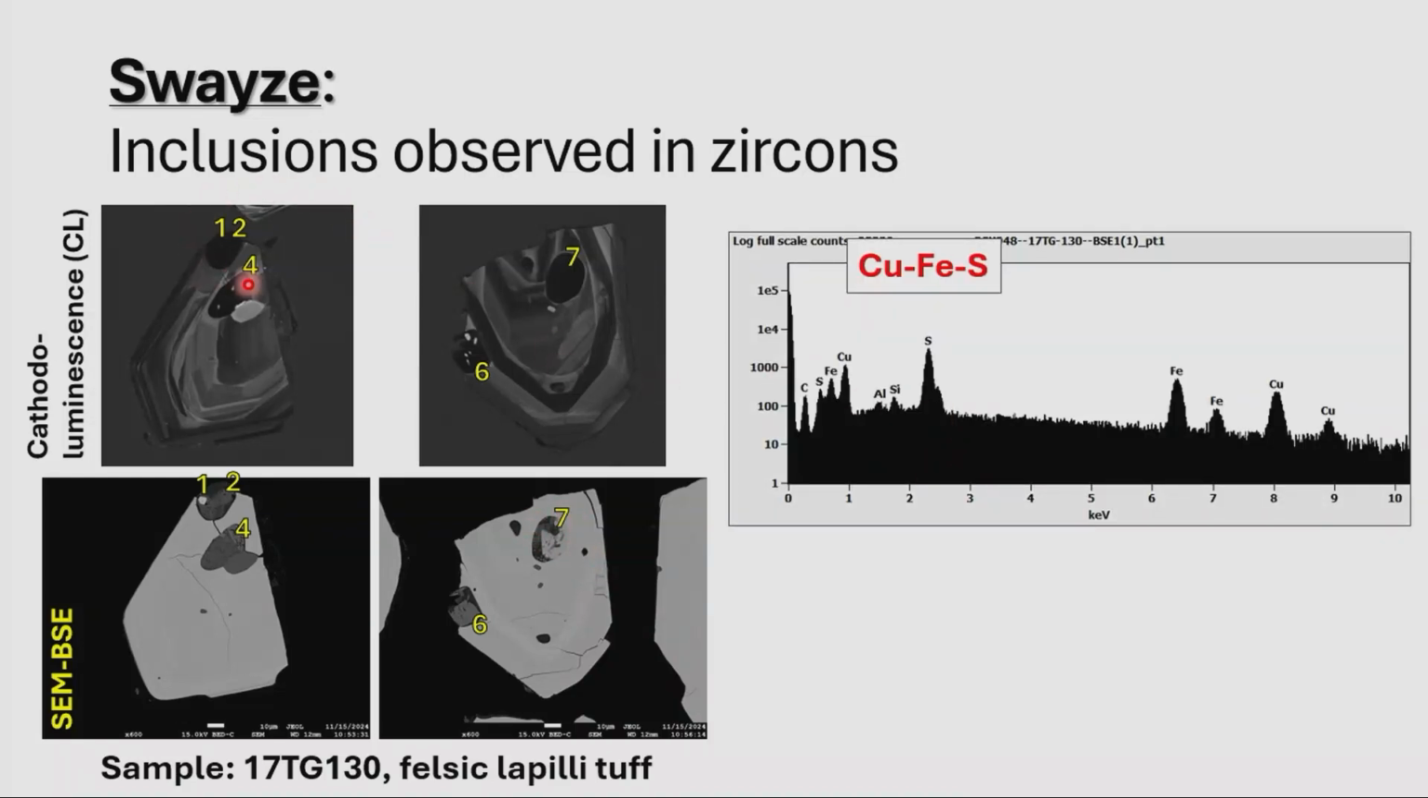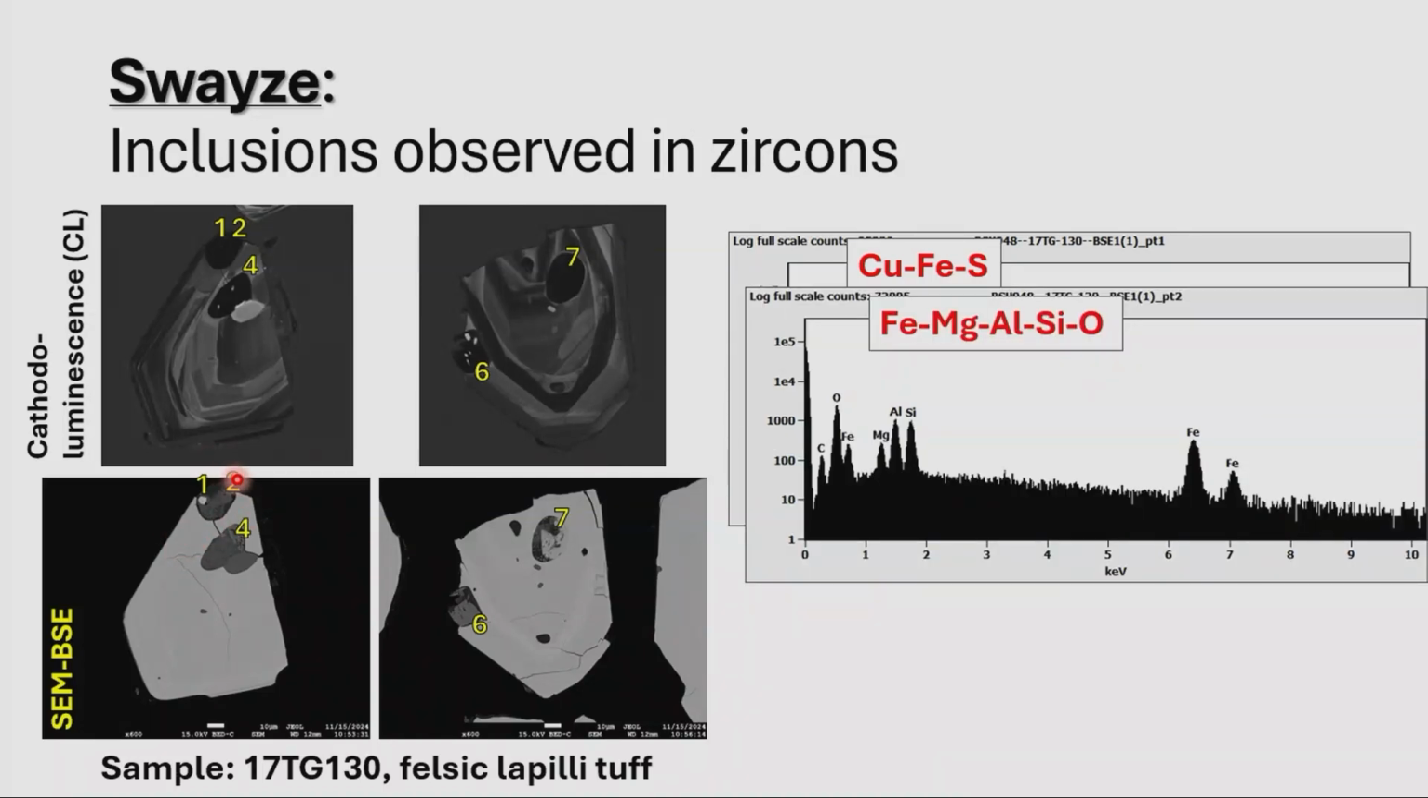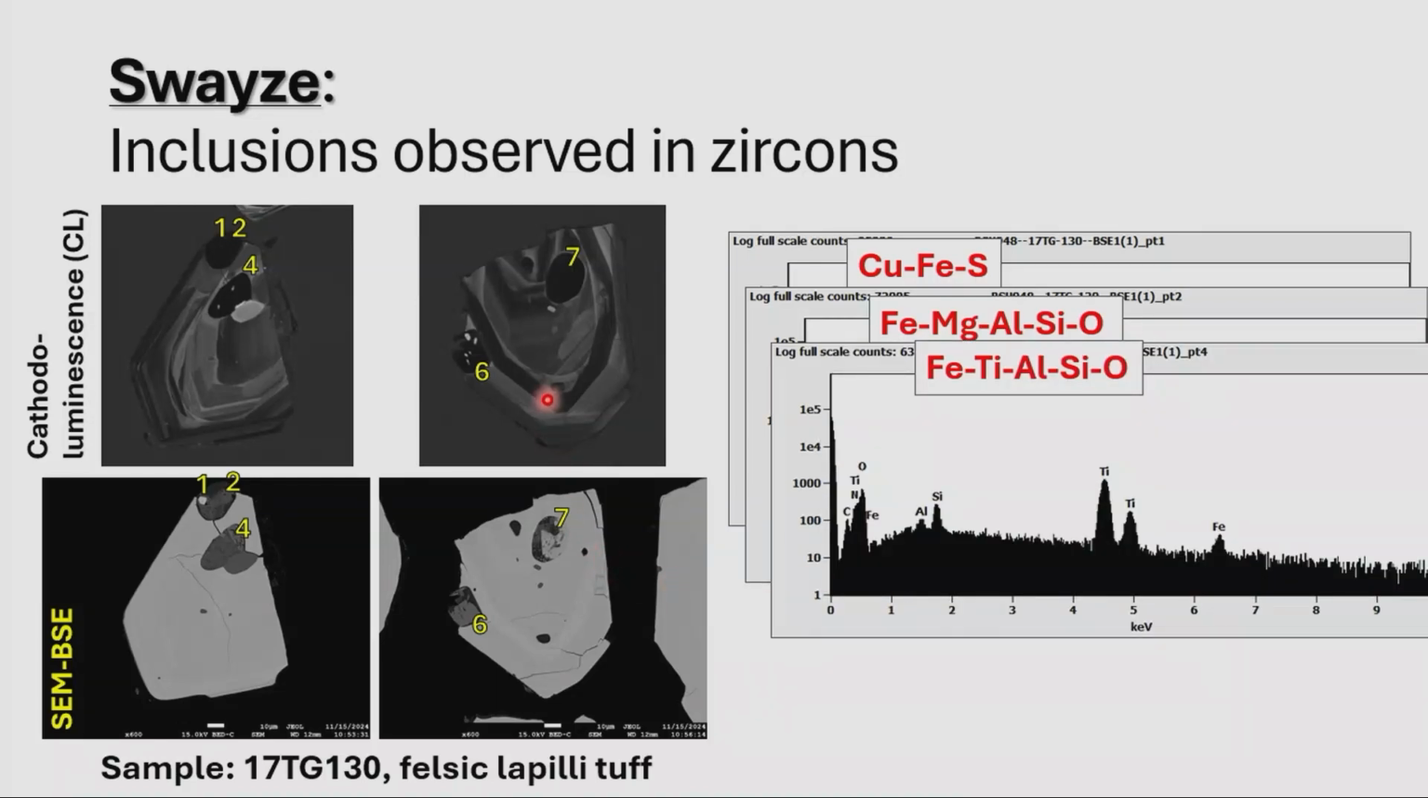But for this spot up in here, which correlates to this bright grain, the spectra show evidence of iron enrichment, copper enrichment, and sulfur. So it's looking like hopefully we can convince ourselves that there's a grain of chalcopyrite here that's been intergrown with zircon. If we look at the next mineral, which is right beside it within that same domain, it's an iron magnesium aluminosilicate. If we continue and look at the other zircon here, in this felsic lapilli tuff, it's an iron